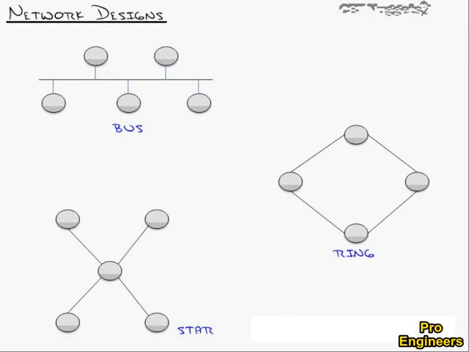The last thing we'll talk about and wrap up with is network designs. A lot of people call these network topologies. These are ways of designing your network or connecting your different devices on your network together. Now, these designs were from decades ago, when we had things like thin net cable, which was the cable that comes out of the back of your cable TV that connects our devices together.